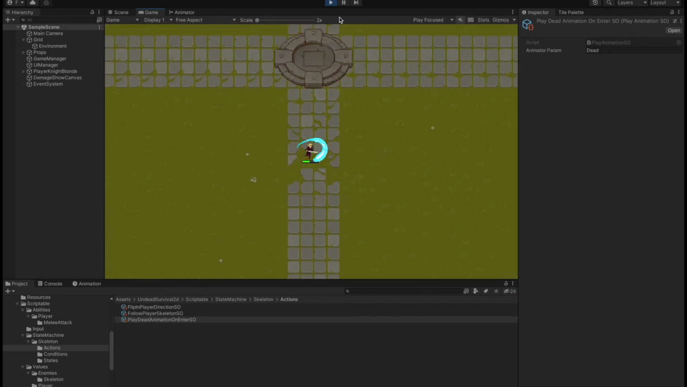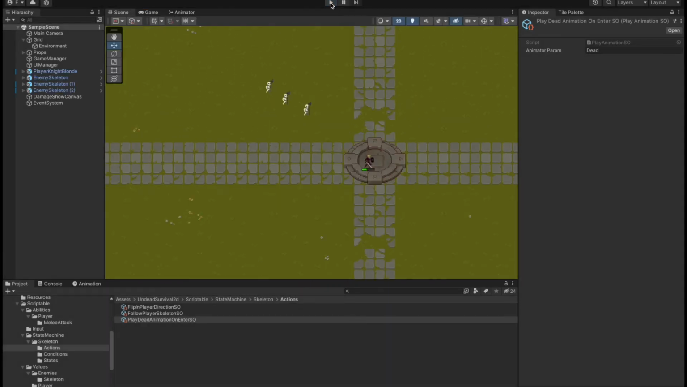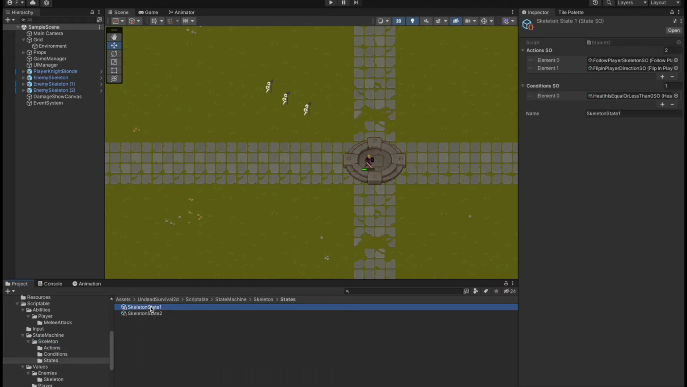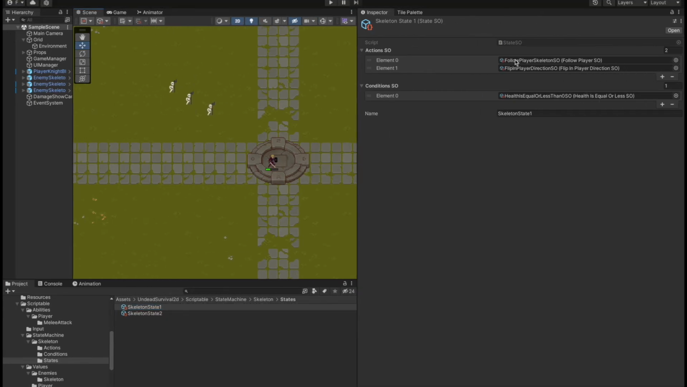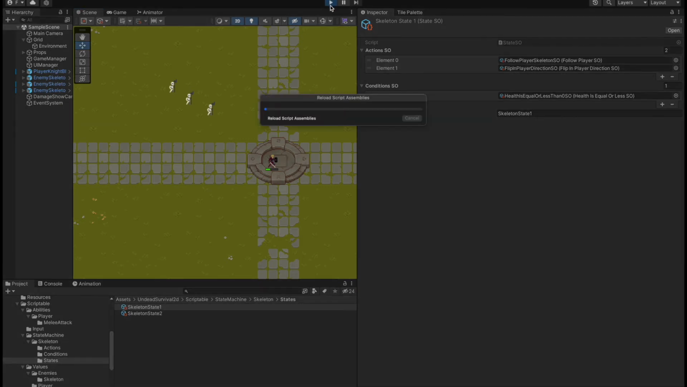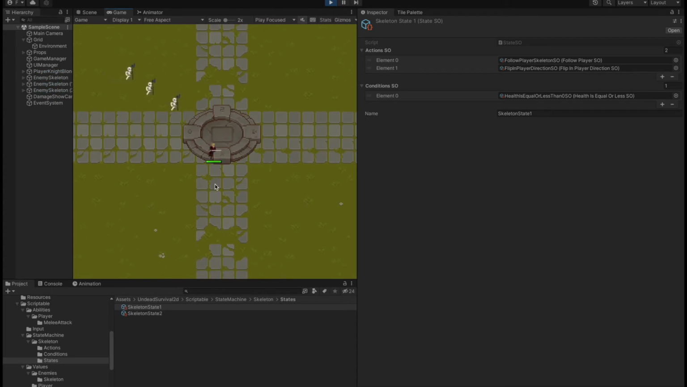Okay, so how it is done, I will show you a small preview of this as well. So we have a state machine on the enemy skeleton. I will go to the state machine folder and show you that we have states here. We have a skeleton state 1, in which we are performing these actions to follow the player, as you saw, and also flip in the player direction, which means that when the player changes the direction the player is facing,